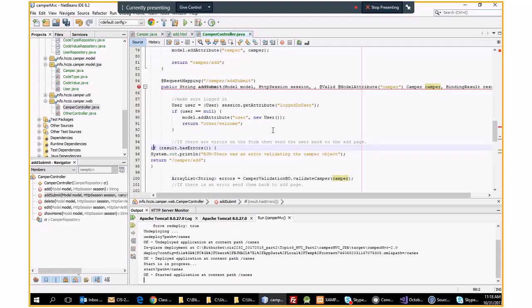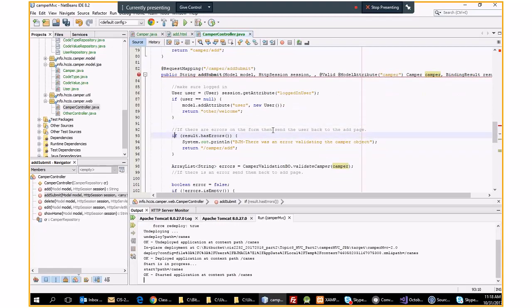What this does, it says if the binding result, the result object, has errors, I just throw a little message in the console and I send them back to the add page. So if there are any errors whenever trying to validate,